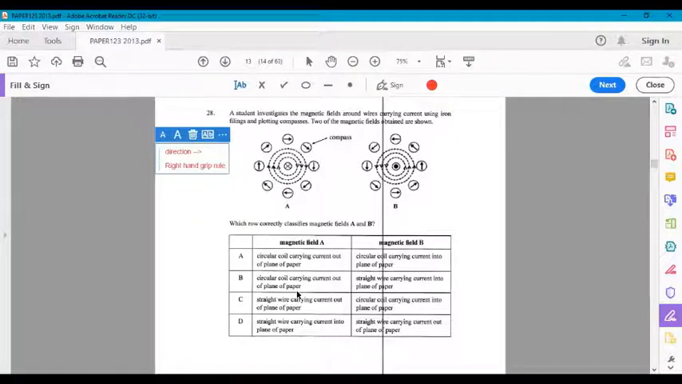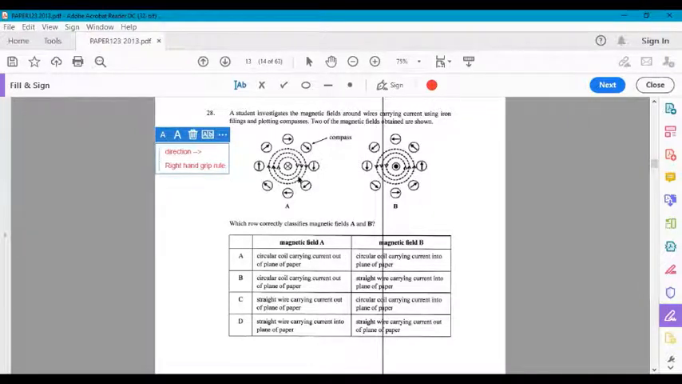So the right hand grip rule says that if you grip a wire with your right hand and your thumb points in the direction of the current, then your fingers curl in the direction of the magnetic field. Okay? So let's check out these